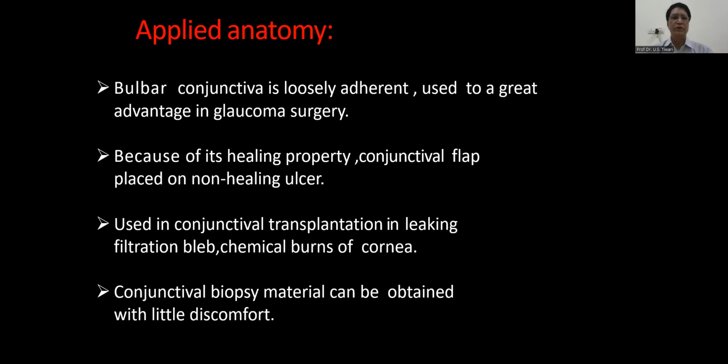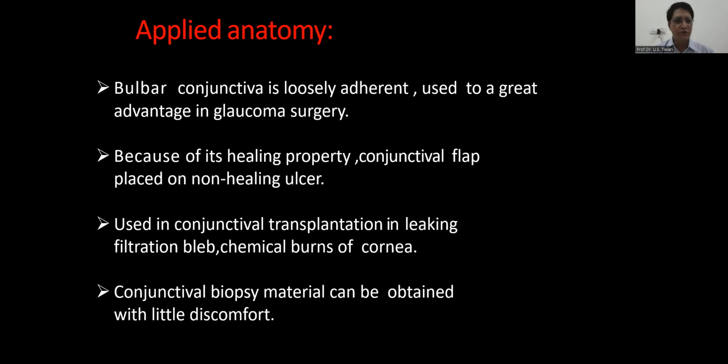It is very useful in glaucoma surgery. When you do a conjunctival dissection, you can perform it very freely in surgeries such as glaucoma surgery. Because of its healing property, the conjunctival flap is used for a non-healing ulcer, for example, in conjunctival hooding. If you just cover the defect with the conjunctival flap, it can easily adhere and may provide nutrition to